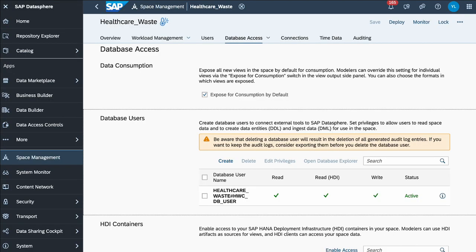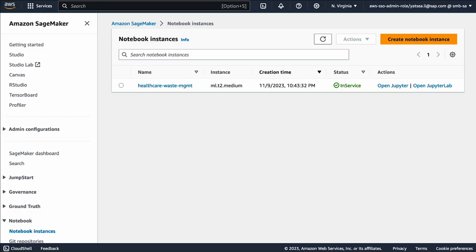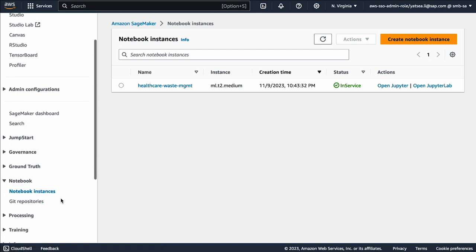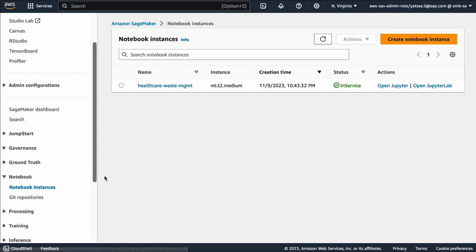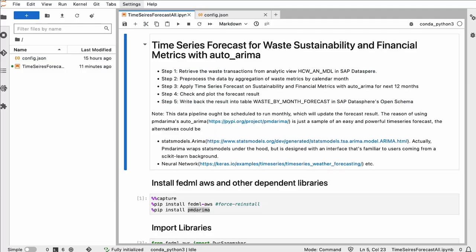All right, so as we said, we're going to have the machine learning part running on Amazon SageMaker together with the SAP Federation Machine Learning. To do so, I already have provisioned one Amazon SageMaker instance on my Amazon console. And then I also have created one Jupyter Notebook instance, and I have prepared the coding and opened it in